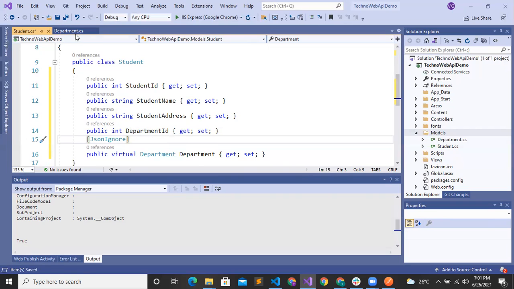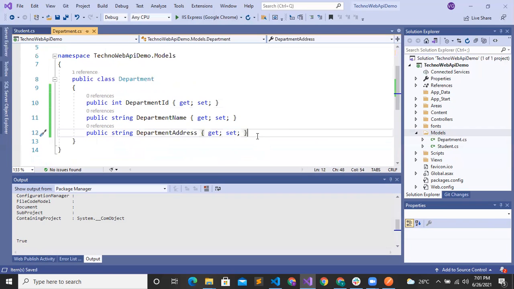Now we are done with student, and now we have to add a relationship to department for students.